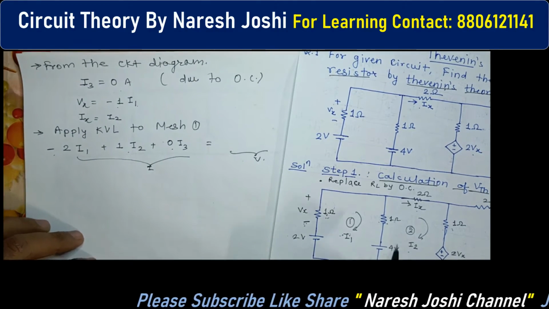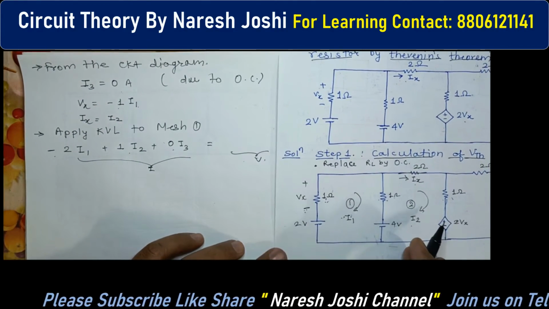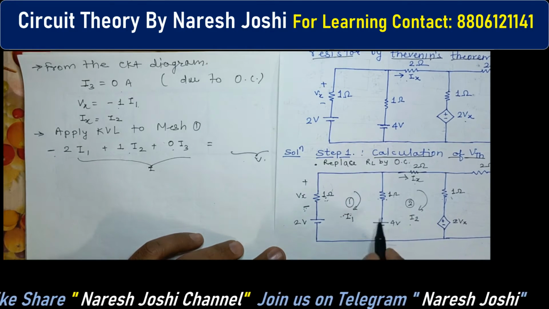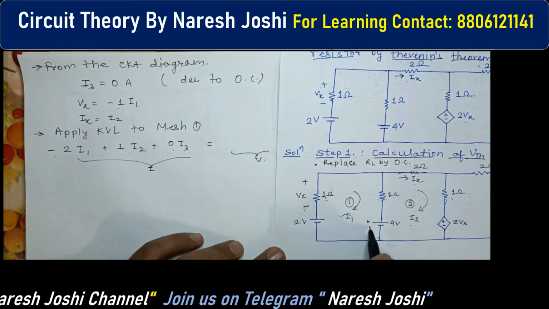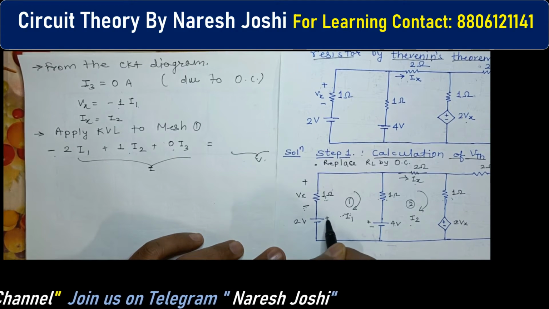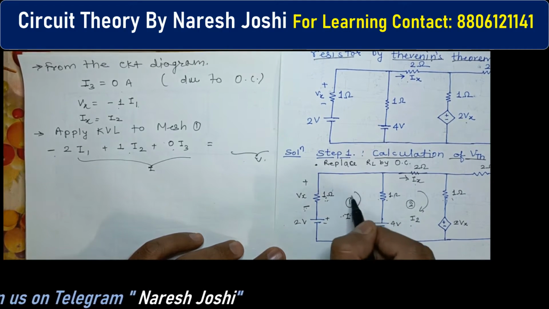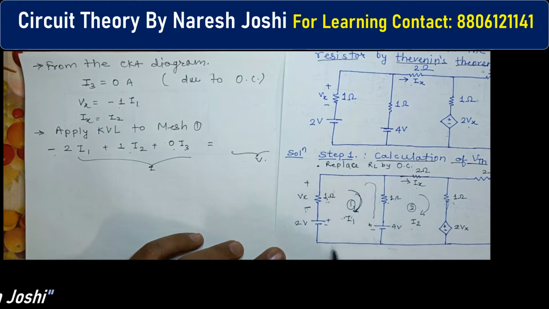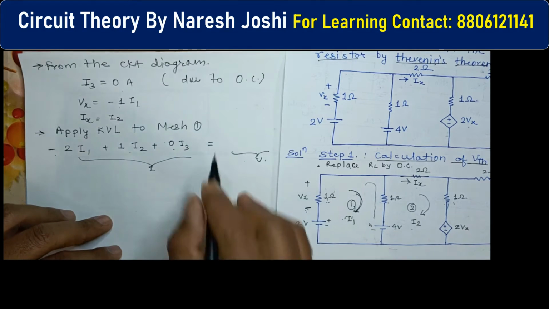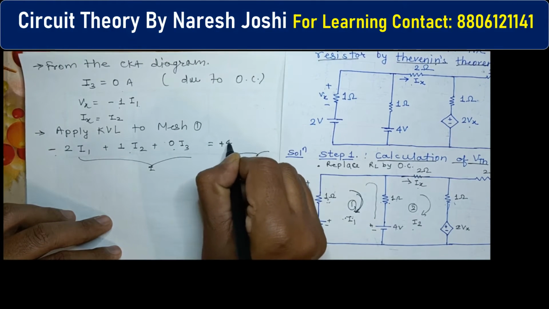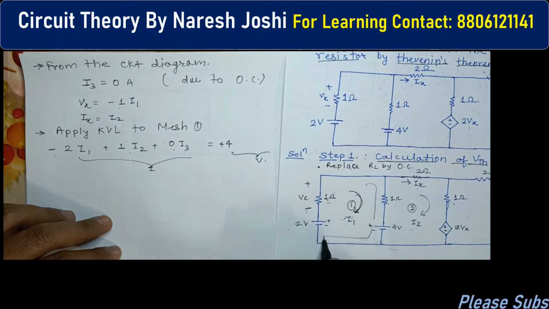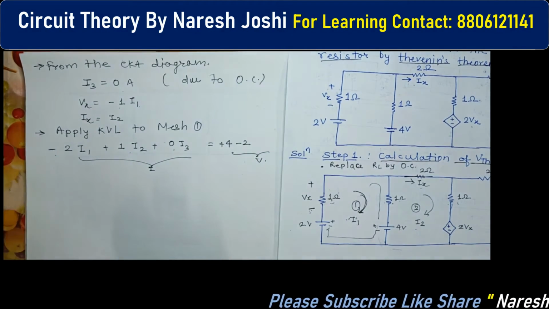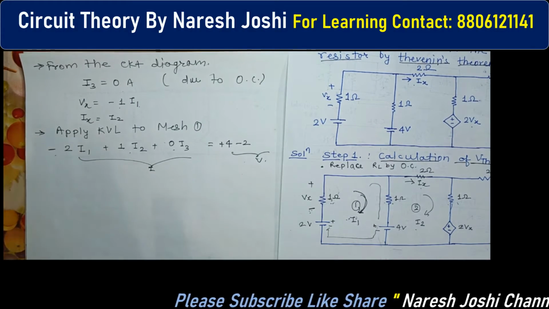After that we have to move on to the voltage. We have to move in the same direction, whatever direction is mentioned. This big line indicates the positive, this small line indicates the negative. This is our direction of the current. So we are coming in this direction, you can see this is the positive, so I will write here plus 4. Then I will come in this way, here you can see this is the minus sign, so I will write minus. Whatever sign is there I will follow that. Do not get much confused.